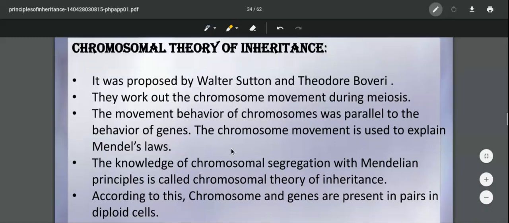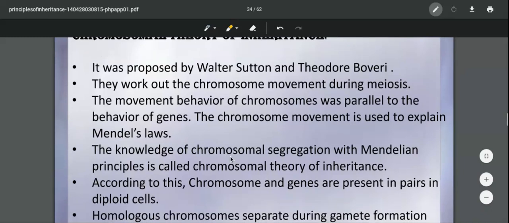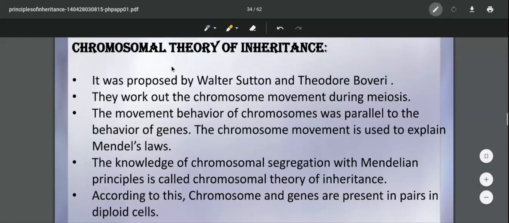So, they united this knowledge of chromosomal segregation with Mendelian principles, and they called it the chromosomal theory of inheritance. So, it was Sutton and Boveri who proposed this chromosomal theory of inheritance by taking into account Mendelian principles,